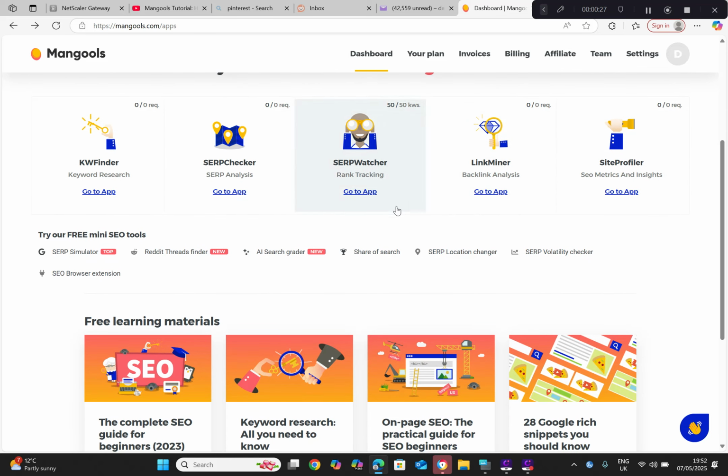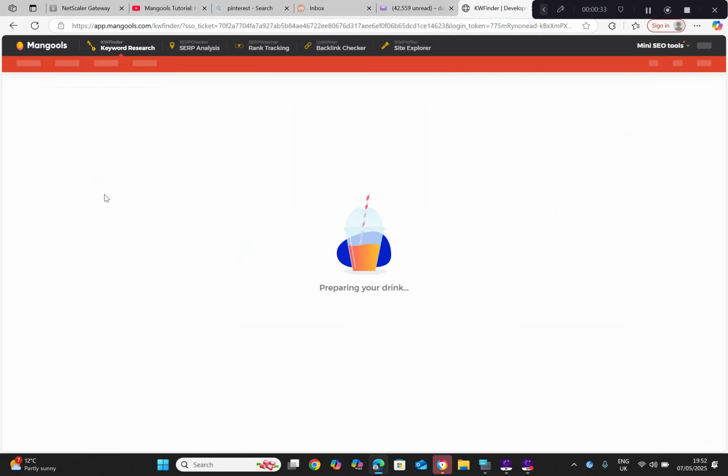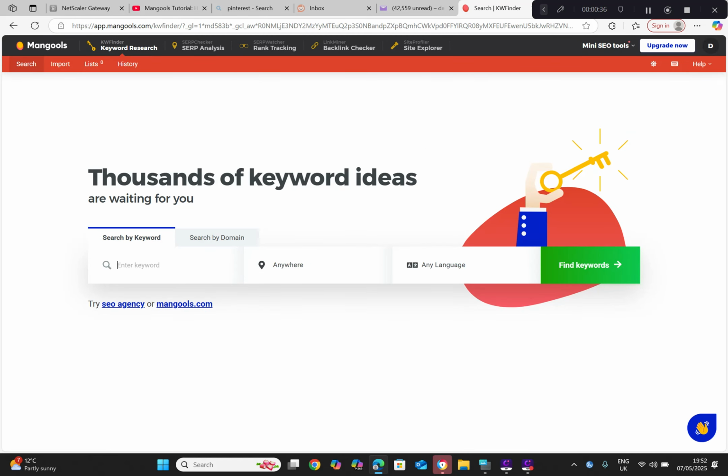So they've got a lot of good tools. I'm not going to go through all of them. I'm going to go through KWFinder, or keyword finder. Perhaps you want the right keywords if you're running a Google Ads campaign, because it's quite expensive. You might pay for a keyword that's $5. It might get you a click, but that's what you're paying. But then you can find low competitive keywords for like 10 cents a click, and you can get a lot more clicks. Or you're using it for ranking a YouTube video or a blog, so you can search by your domain